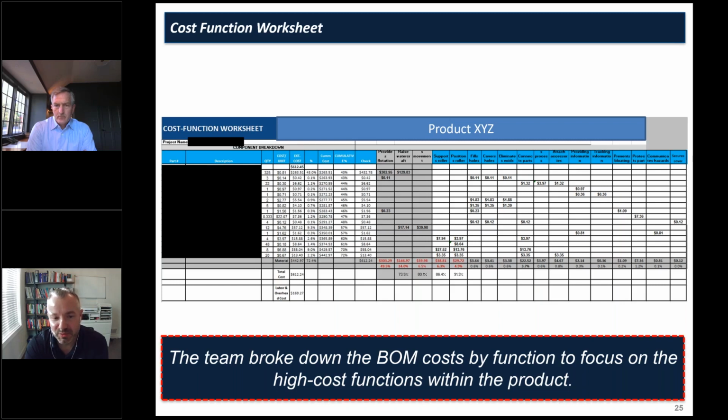So rather than doing a Pareto by part number in terms of cost, you're doing a function cost Pareto, and what the function cost reveals is where you have value mismatches, where you're paying more for a function within the product that perhaps either you don't need or that a customer is unwilling to pay for. And you could even DRA some of those investments, or dynamic resource allocation. So take some of those costs from one area, apply them into another area that maybe you are undervalued or under resourced in to increase value to the customer. So when Kevin showed that function cost equation, that would be an example of how we would be doing that.